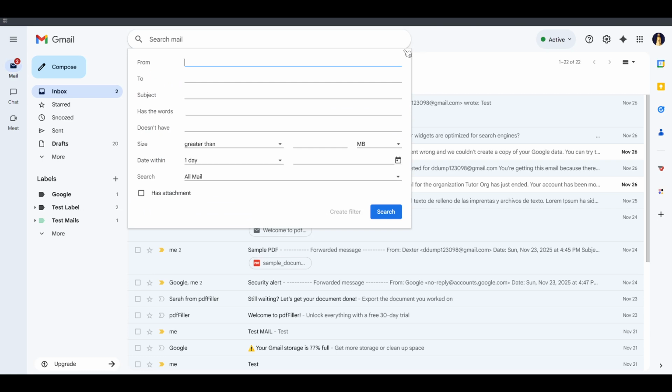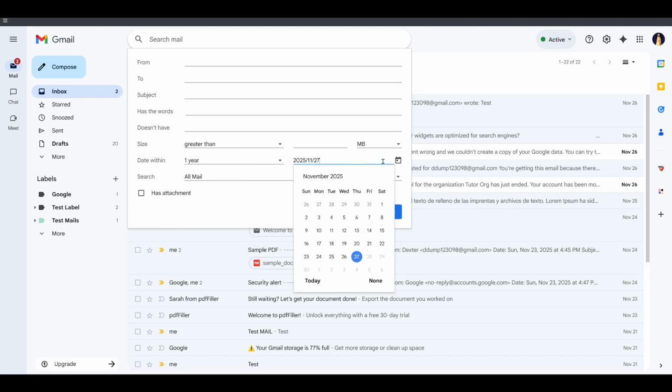Here, you'll see several fields, but the one we're focusing on is labeled Date Within. This Date Within menu gives you convenient presets. You can choose options like yesterday, 3 days, various week and month ranges, and up to 1 year. If you just want to clear out messages that are older around a certain period, pick the preset that makes